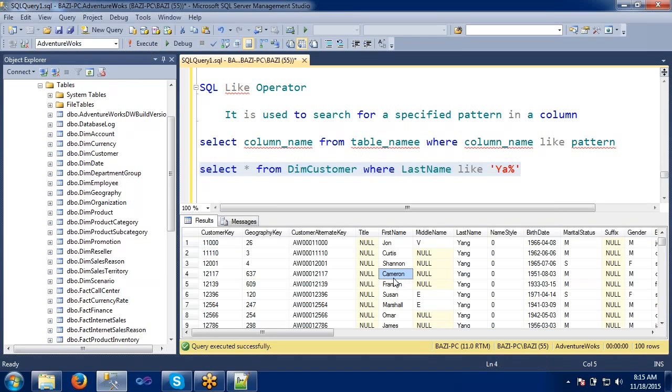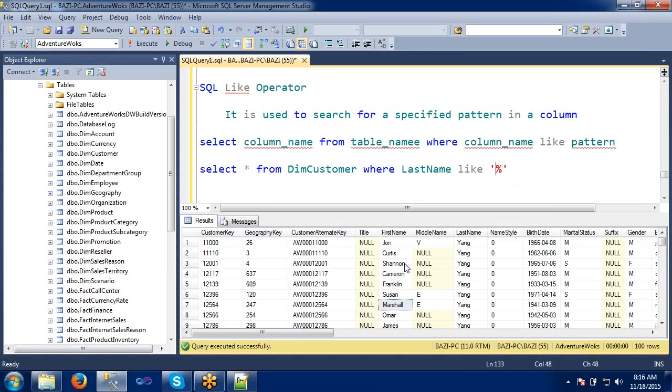So in which cases will we be using this? If you don't know exactly the name or value, but we know only some part of the value, in that case we'll apply this like operator. It will try to search the value which has some string in it. In that case, we will generally apply these like operators. If you want to filter some more, we will see here.